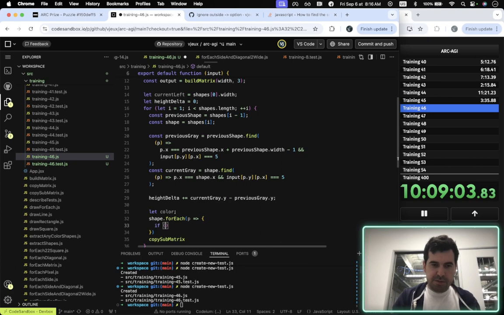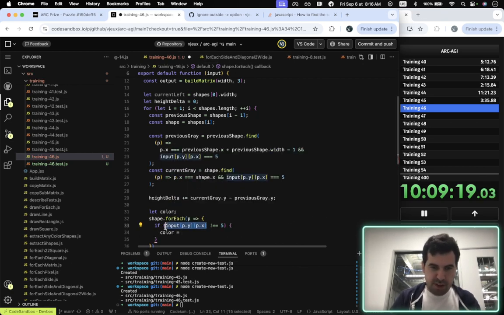So if input[pixel.y][pixel.x] is not equals to 5, then color equals to this one. Okay,